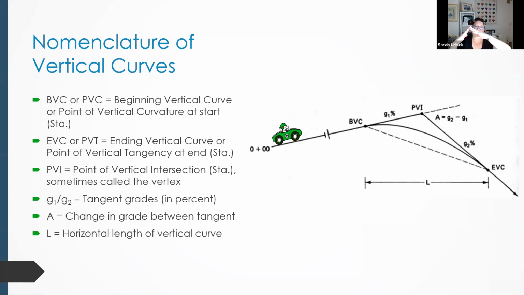I'm subtracting out my first grade, which is a positive value. Negative and negative give me another negative value. So I know that overall, I've got a negative slope happening here. L is the length of the horizontal curve. With those values, with that information,